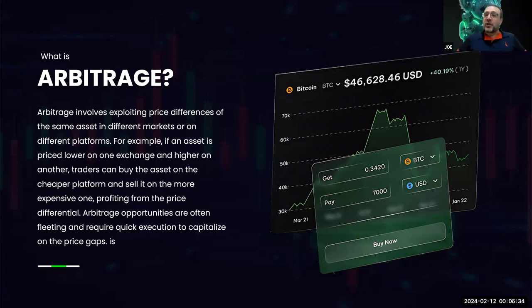They then need huge amounts of capital on each of these platforms because you don't know which direction you're going to be making the movements. You're going to need a certain amount of assets to be able to buy enough of that asset in order to make the maximum amount of profit. So you could have maybe thousands of dollars just sitting on each platform, ready for you to use. You've then got to be able to move that asset quickly and efficiently. And then, of course, you've got to be able to sell that asset.